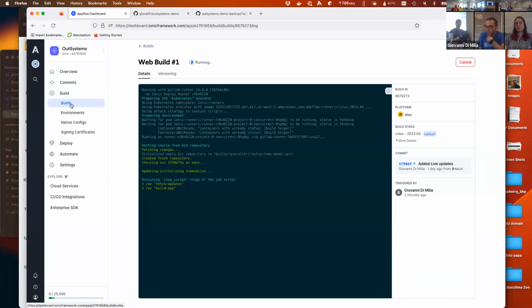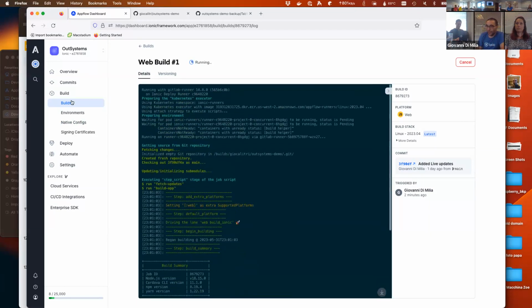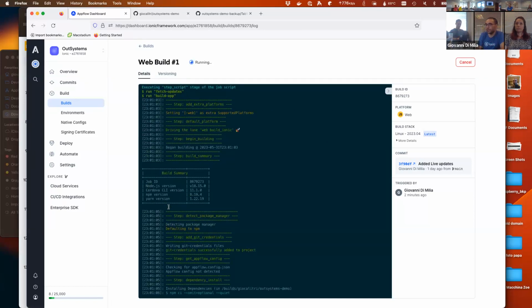This is why I don't know why. Okay, let's see. It is building. Sorry. It's end of the day, so the entire infrastructure may have scaled down, so it took a while to start the build. Anyway, I hope that by now this was going to be done, but anyway, it will be done in a minute. What can we see in the meantime?